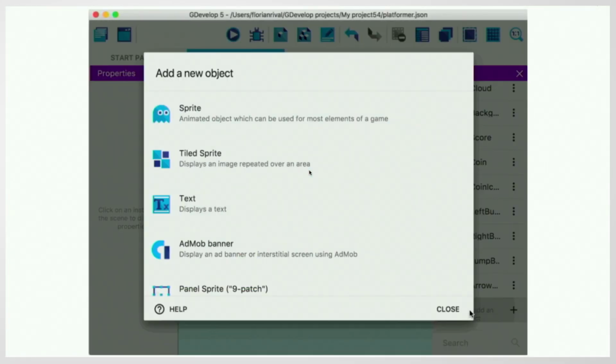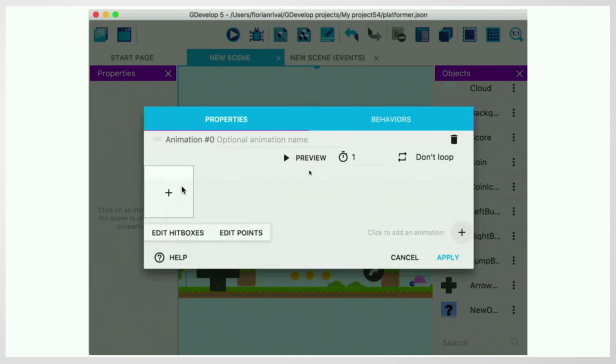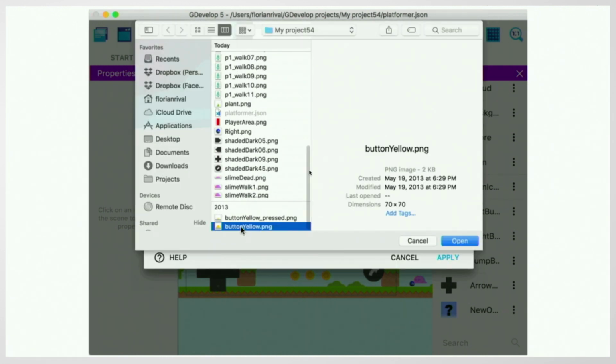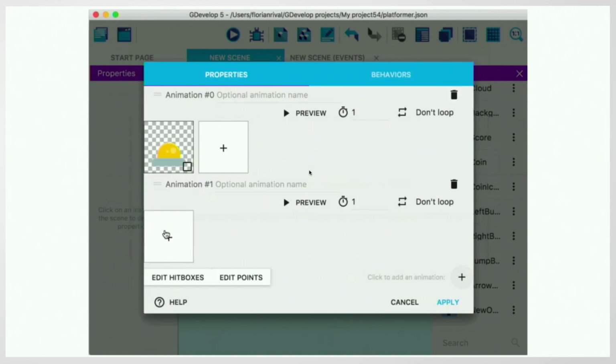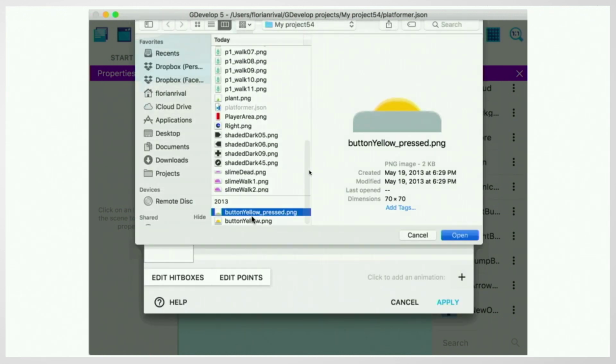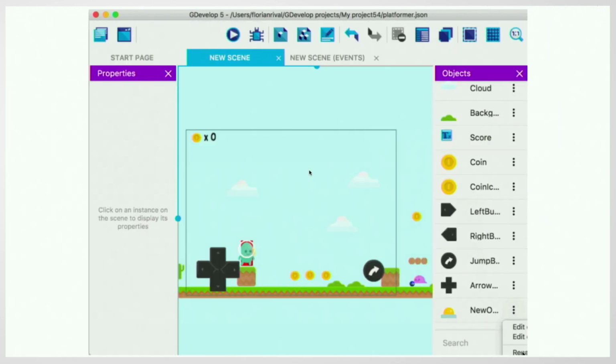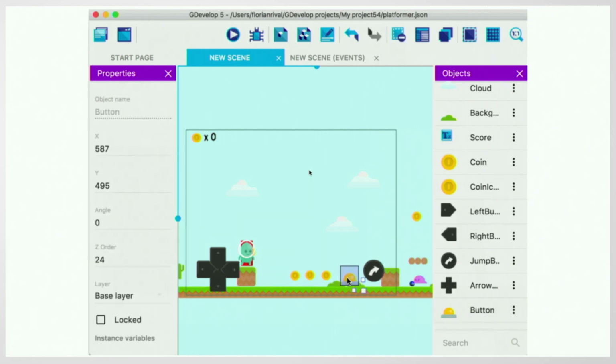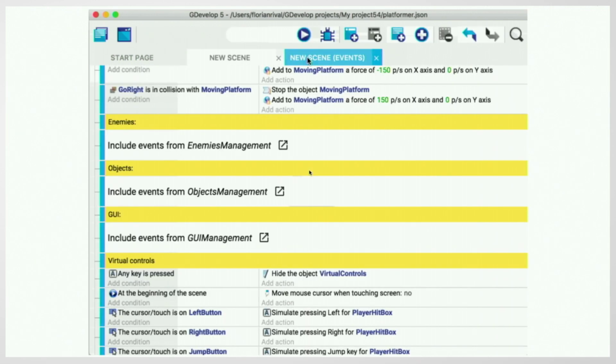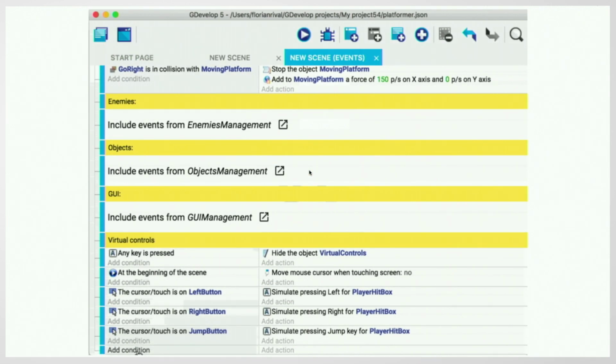Let's take a look at how the software now looks. Well, how it looked when I got a first version working, and that's what it looks like now. So I'm creating a new sprite, which is a button, and I add the second animation, which is the button but pressed, and I have this animation name. Now I will put it on the level, and same thing as before, I will add the events so that when I step on the button, it is pressed and the platform goes up in the air. So you can see everything that I spoke about before